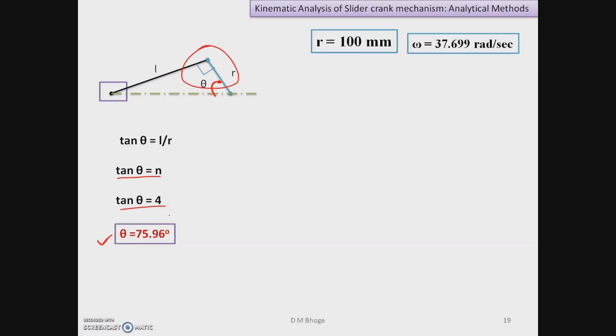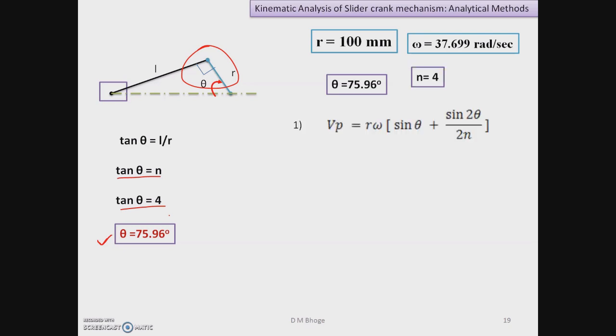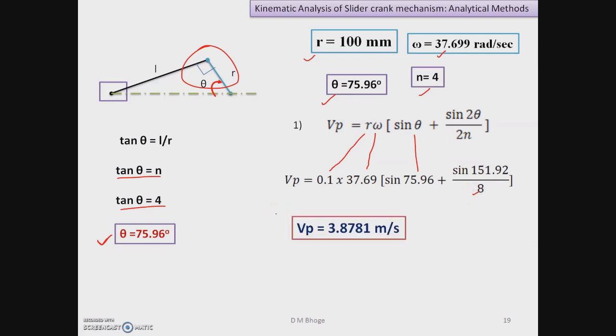Now R is 100 mm, omega is 37.69, theta is 75.96, which we have obtained. N is 4. So velocity of piston is R omega into sine of theta plus sine twice theta upon 2n. We'll substitute the values. R is 0.1, omega is 37.69, theta is 75.96 for the instant when the crank is perpendicular to connecting rod, and n is 4, so 2n is 8. So we get velocity of piston as